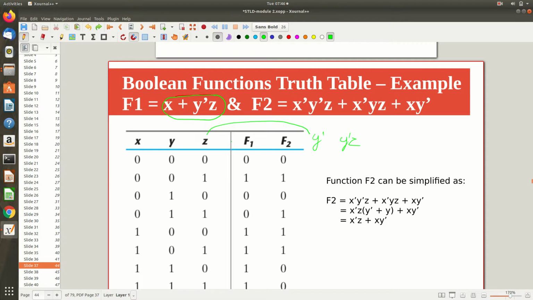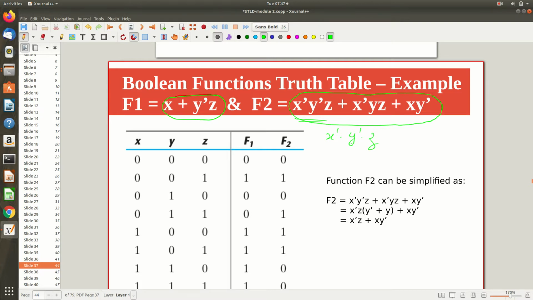Okay. Now there is another function given, that is your f2. This is a little bit bigger expression. So what you have to do is calculate everything. You have to find out what is x dash, what is y dash, different columns. Then x dash y dash, perform the AND operation. Then that result AND with z. First you find out x dash, then y dash, then x dash dot y dash, then this result dot z.